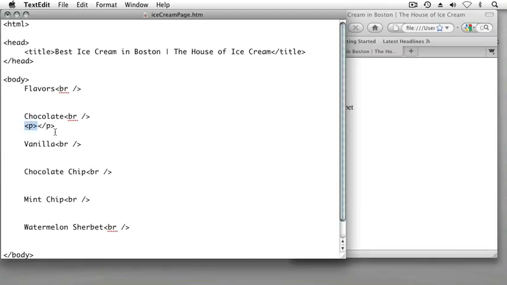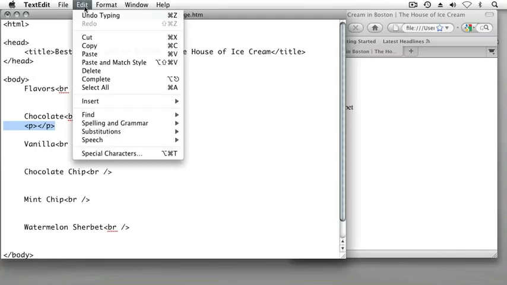Now, as you had seen before, when I copied and pasted those break tags, I did it because I wanted to make sure that I wasn't going to make an error in the way that I created my tags. I'm going to do the same thing here. I'm going to click and drag with my mouse on the line where I created my opening and closing paragraph tags. And then under the Edit menu, I'll copy that line,